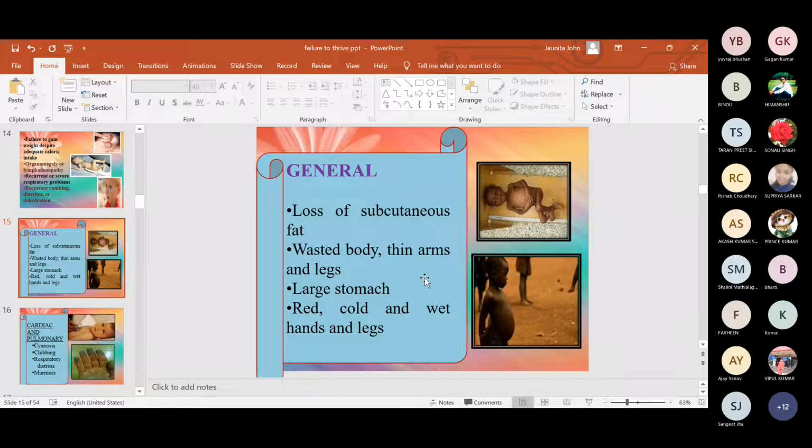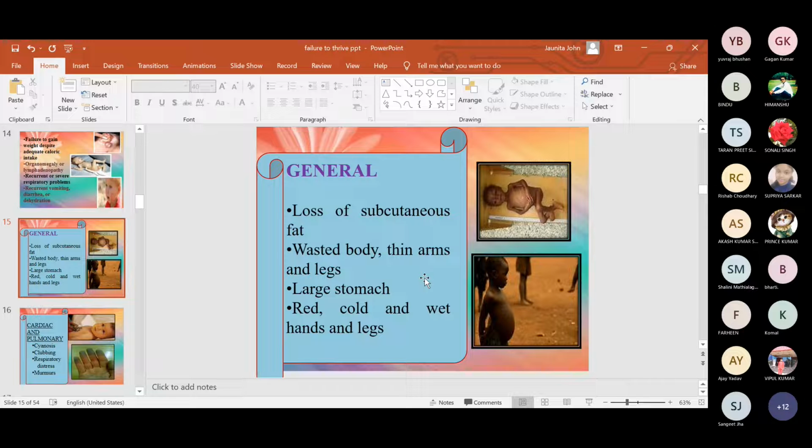Wasted body over here means weaker body. फर्स्ट पिक्चर में देख के लग रहा है कि अभी भगने लगेगा बेबी. The very first picture on the right side, upper corner, वो पिक्चर जो बेबी इज लाइंग, उसको देख के लग रहा है कि बेबी इज ऑल राइट and healthy. So that is a wasted baby. Wasted means what? Weaker baby, जो बहुत ही ज्यादा weak है, कोई subcutaneous fat नहीं है, body में कोई भी fat नहीं है, very lean and thin. उसके legs and arms you can see, thin arms with thin legs.